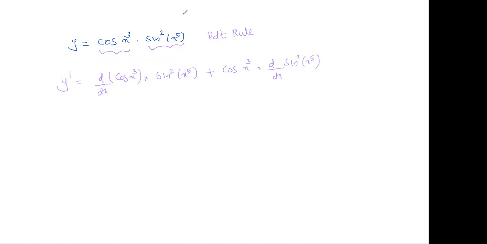प्रोडक्ट रूल अप्लाई किया, कुछ नहीं किया, दूसरा प्रोडक्ट रूल अप्लाई किया. अभी नाउ डेरिवेटिव ऑफ cos x क्यूब, सो इट इज ऑफ द फॉर्म cos x फॉर्म, डेरिवेटिव cos x इज माइनस sin x, सो इट इज माइनस sin x क्यूब. तो t के जगह cos t फॉर्म था, t के जगह x क्यूब था, तो उसका डेरिवेटिव से मल्टीप्लाई करना, उसका डेरिवेटिव इस x क्यूब का डेरिवेटिव 3x स्क्वायर